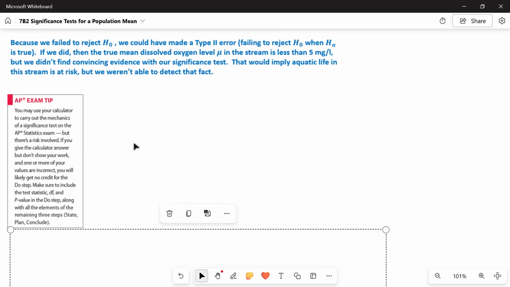So just a quick AP exam tip as we wrap up here. You can use your calculator to carry out the mechanics of the significance test. But again, we said this before, there's a risk involved. If you give the calculator answer but don't show your work and one or more of your values are incorrect, you will likely not get any credit for the do step. So make sure you include the test statistic, degrees of freedom, and p-value in the do step, along with the elements of the remaining 3 steps, like the state, the